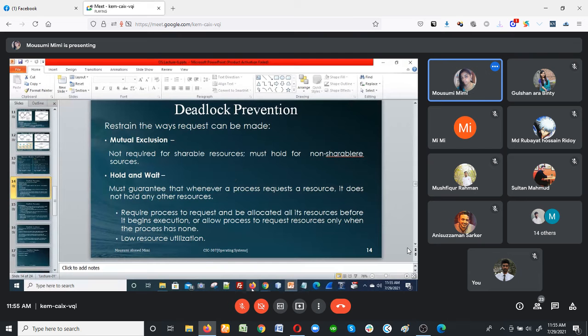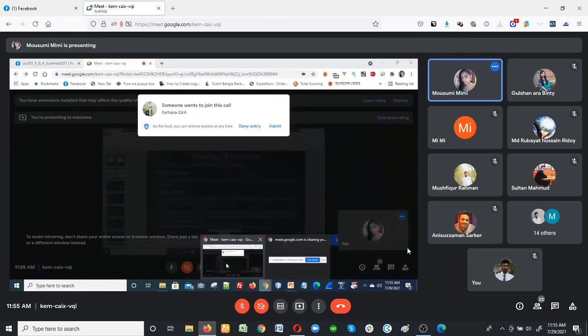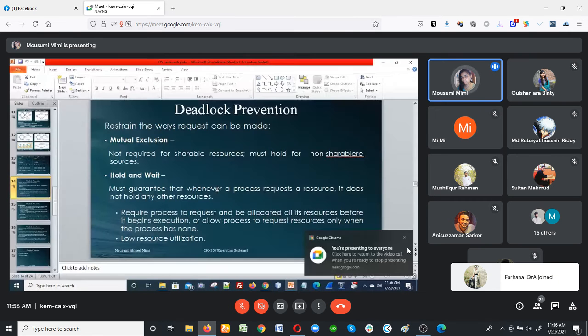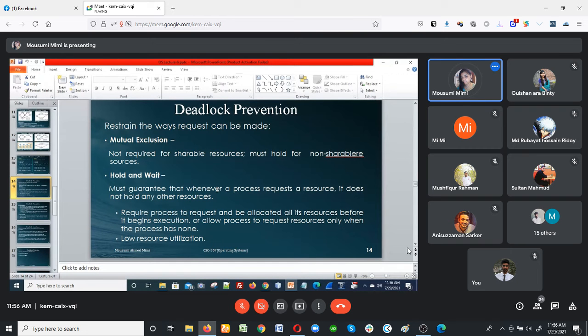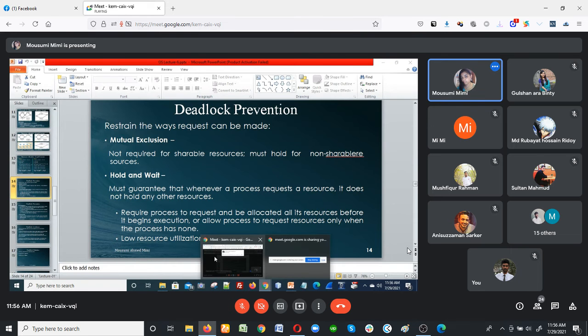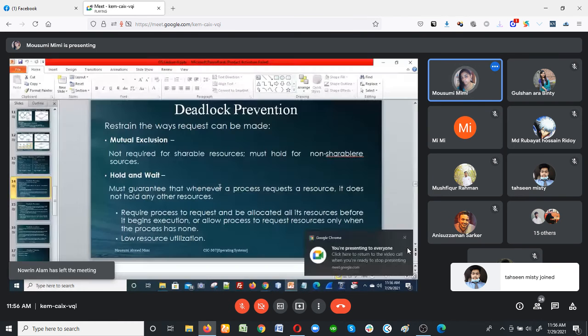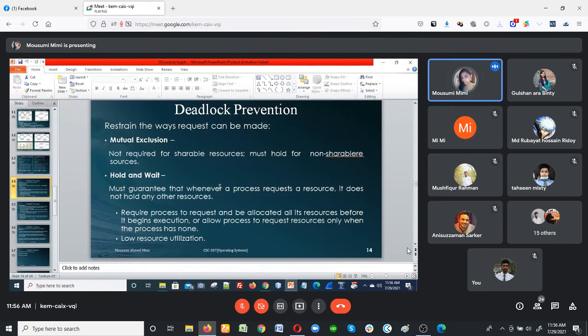In our computer operating system, we need to run a lot of hidden processes. If you go to the control panel, you can see there are a lot of hidden processes, and all of them are in the running state. It means that at a single time, the processor actually runs a lot of processes that we don't know about. As a user, we only know the processes that we run as an end user.